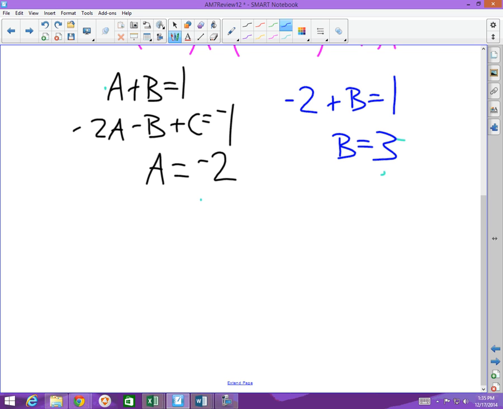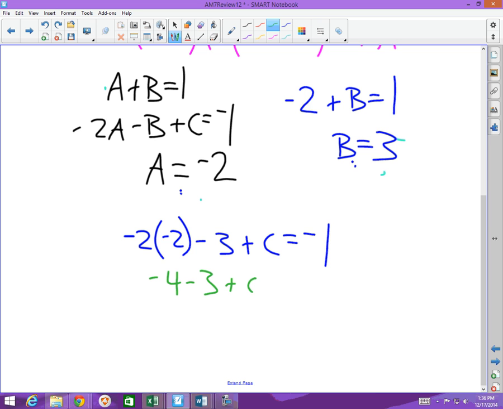That's much better. So now we can substitute those two things into the middle equation, and you have a negative 2 times a negative 2 minus 3 plus c equals negative 1. So that's a negative 4 minus 3 plus c equals negative 1. No, that's a positive 4. Okay, so subtract 4, add 3, subtract 4, add 3. And c is going to equal